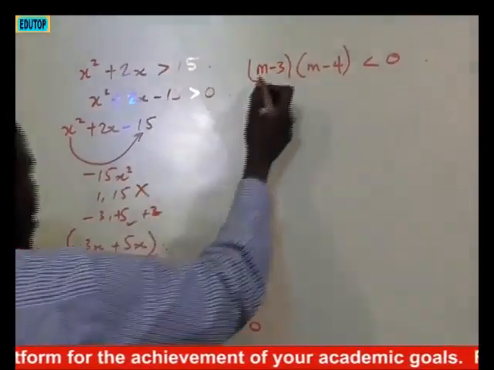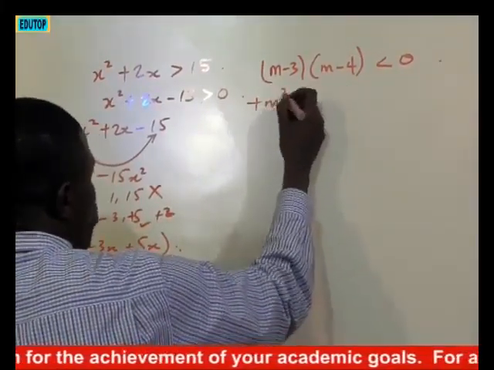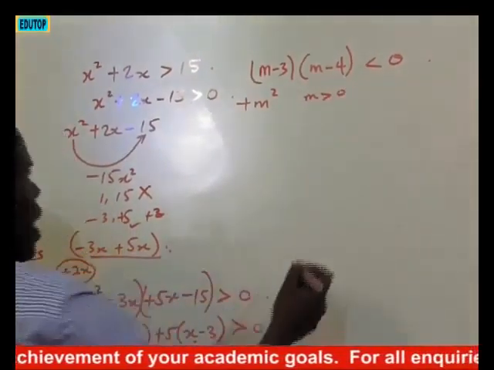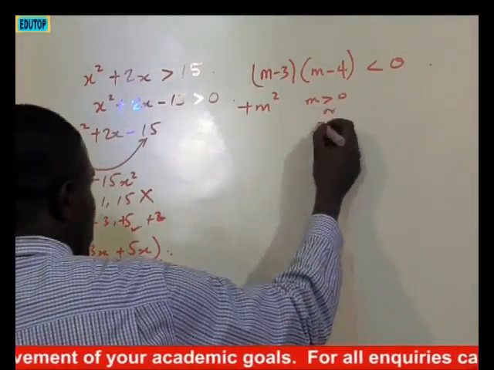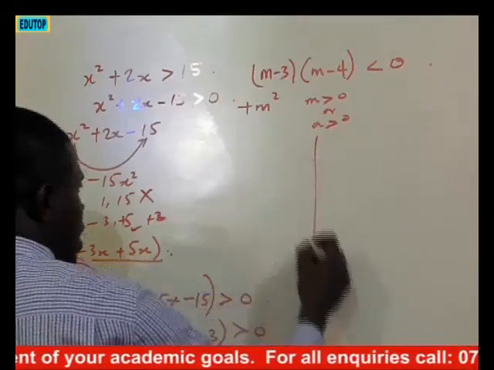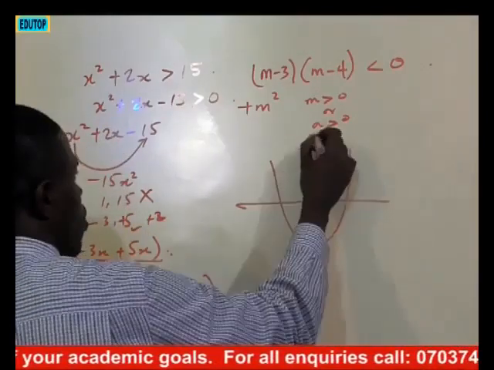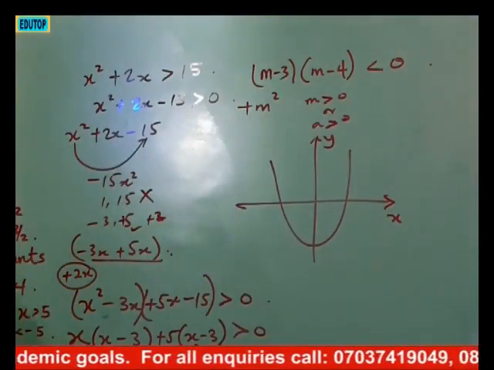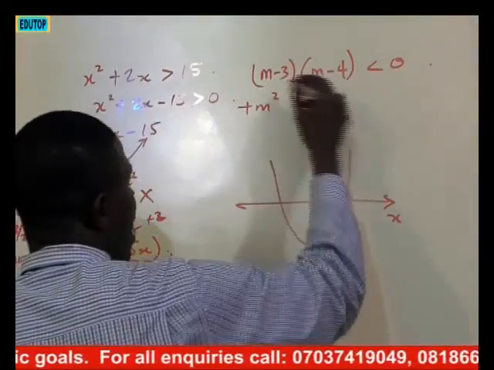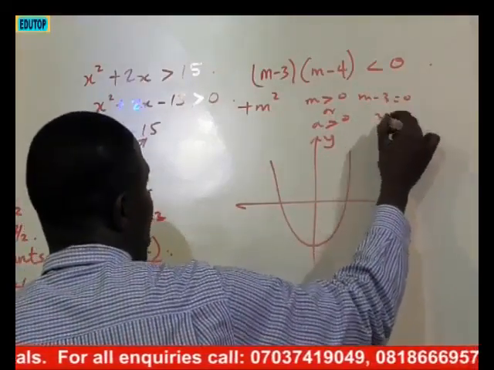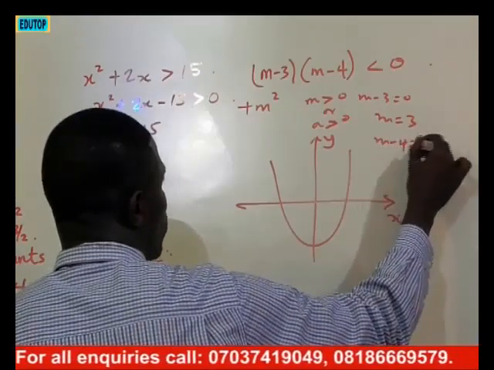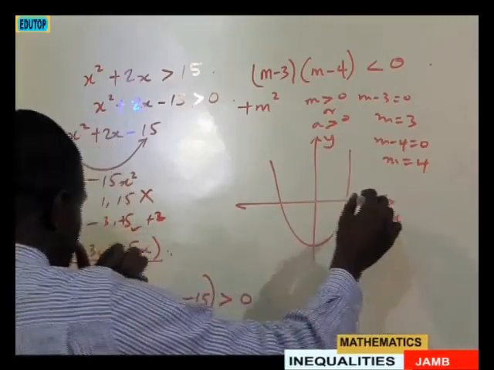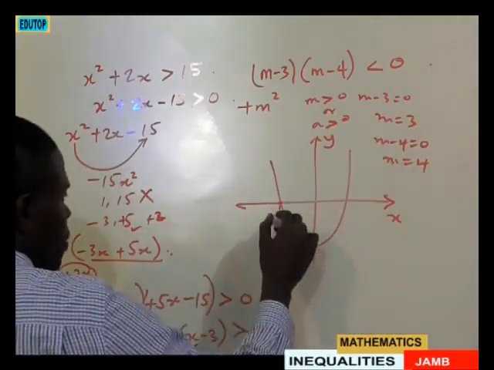If you look at this very well, by the time we multiply m times m, that's plus m squared. So automatically what it means is that our a is greater than 0. We definitely have a minimum curve. So it's this same curve, where this is our y and this is our x. Then at that point, we check our critical values. m minus 3 equals 0, m equals 3. m minus 4 equals 0, m equals 4. So which one is greater between 3 and 4? Automatically, the one that is greater is 4. So 3 comes first, then